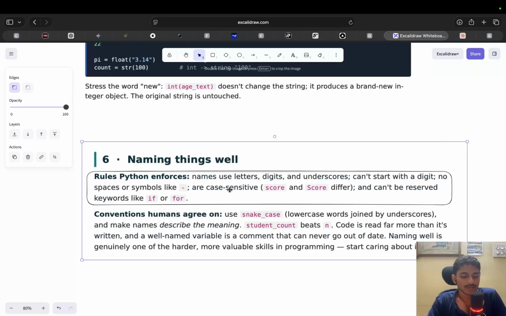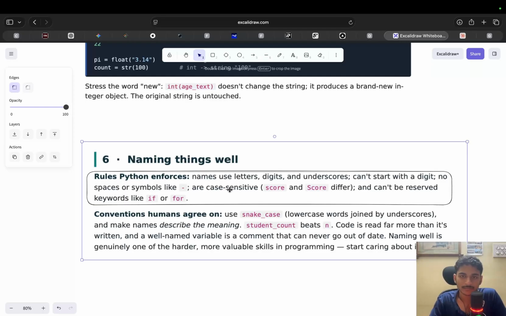Whenever you're naming your variable, you only need numbers, alphabets, I mean letters, and underscores. You should only use them. You should not use any special characters like hyphens, asterisks, ampersand, dollar symbol, at-the-rate symbol, anything like that. You should only use digits,